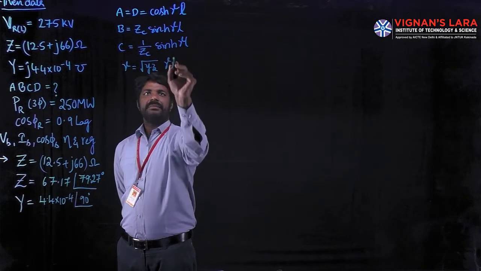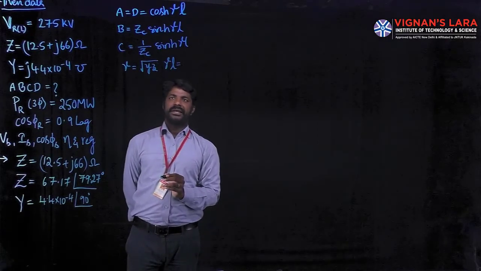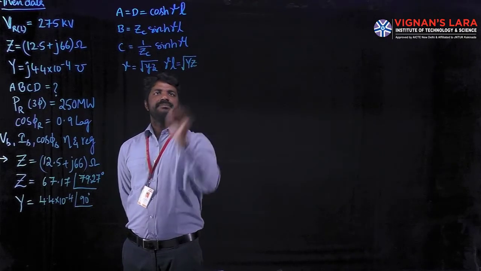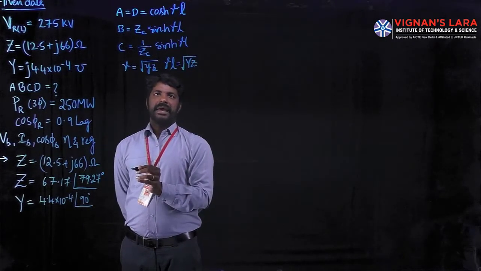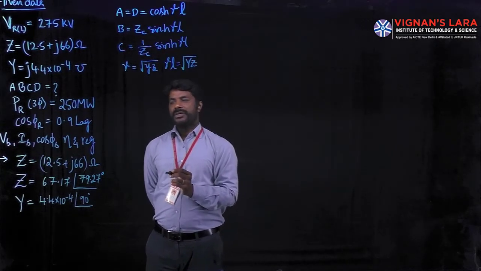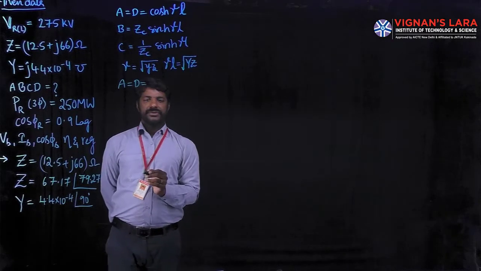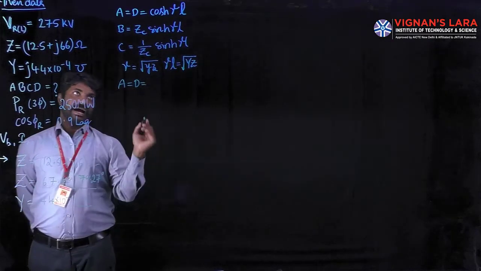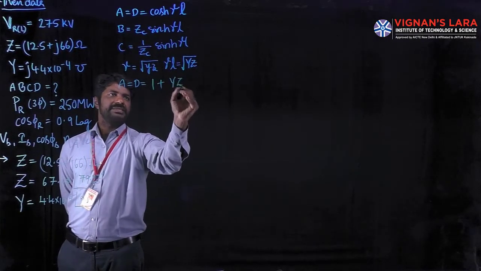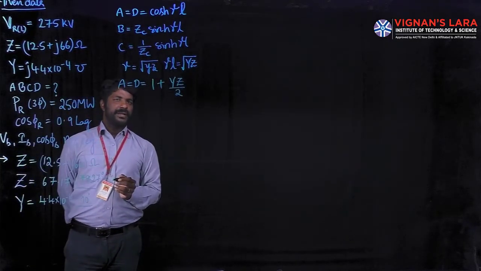Then gamma L can be written as, if you multiply that L taking it into the square root side, you get the square root of yL into zL, given as capital Y into capital Z. This is gamma L. As per the series expansions, power series methods, we know the magnitude of A is equal to D. A is equal to D always. The magnitude of that A equal to D is cosh gamma L, which can be written as per the series, neglecting higher orders, as YZ by 2. A is equal to D, which is equal to 1 plus YZ by 2.